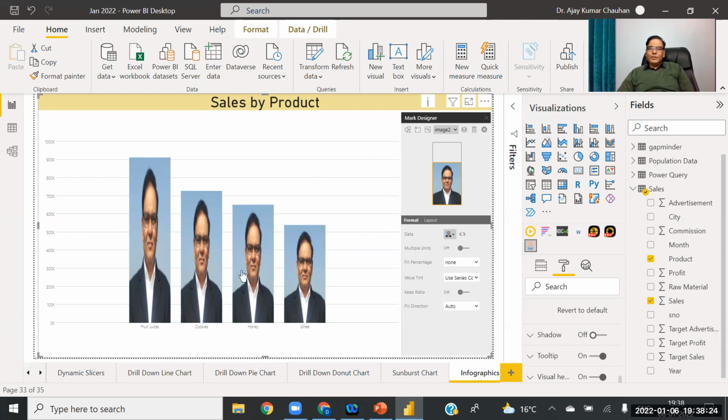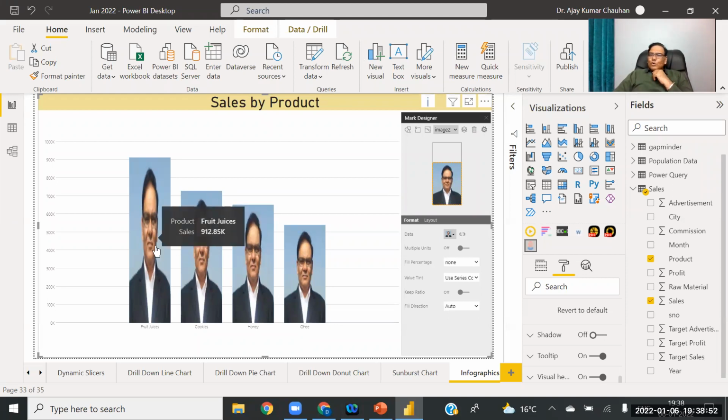You can add logos, pictures, images, different symbols. That is the most attractive part of this. I have not seen this facility in any other software. You can add fun into the visualizations.